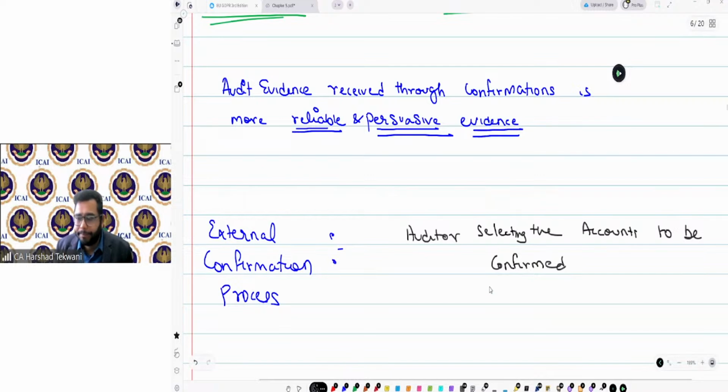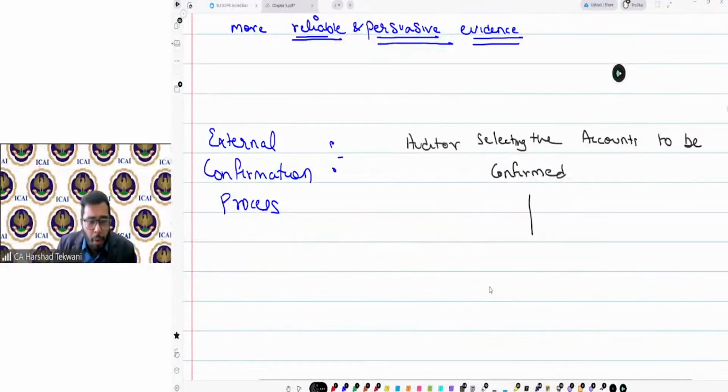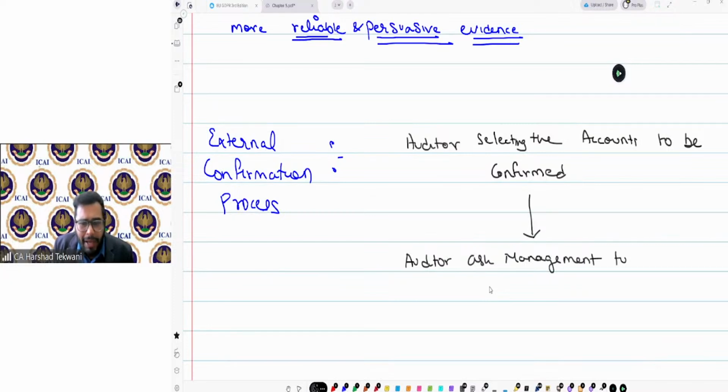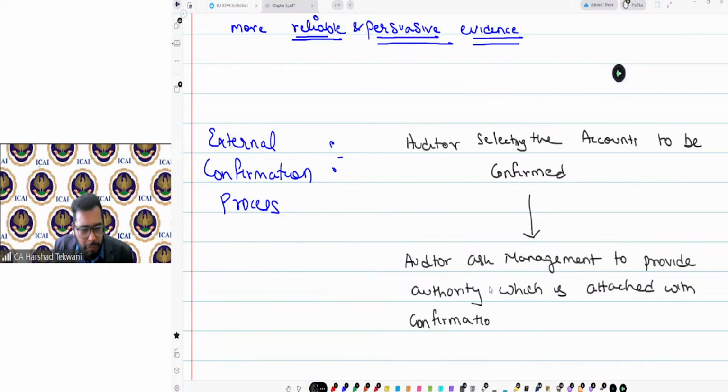Then, once the selection is done, the auditor asks management to provide an authority letter, which is attached with the confirmation request.